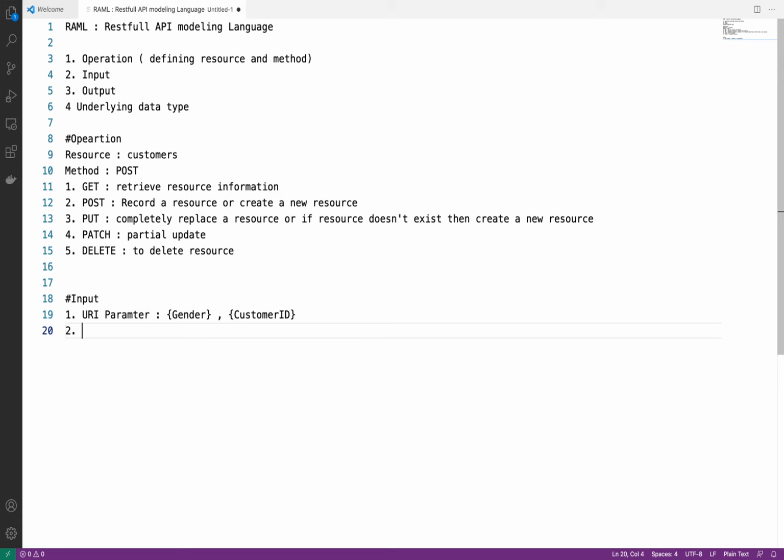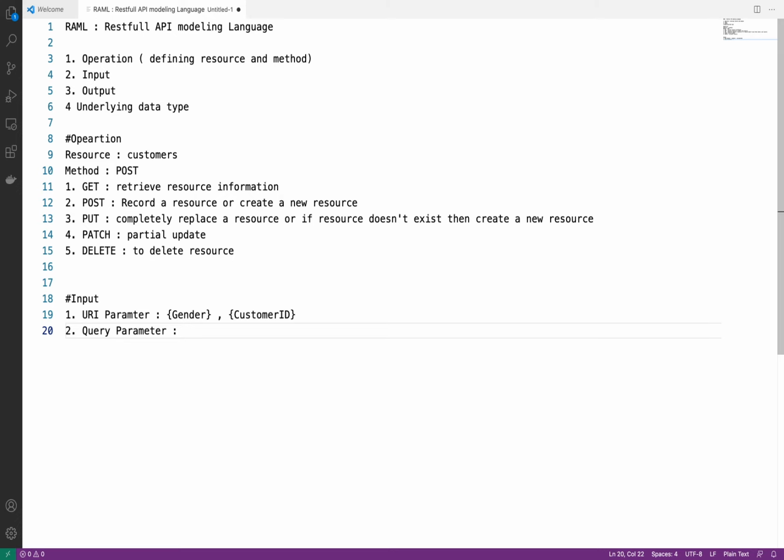What is the second way? The second way is query parameter. Now what is a query parameter? We use a query parameter for filter conditions. For example, I want a list of customers where customer salary is more than 10,000. So I want to pass some filter in my input. Where will we pass that filter?